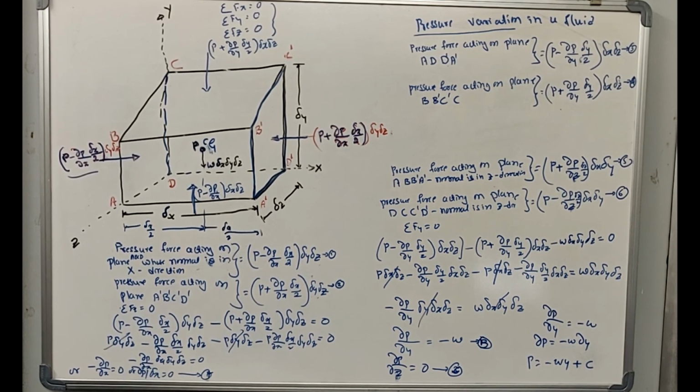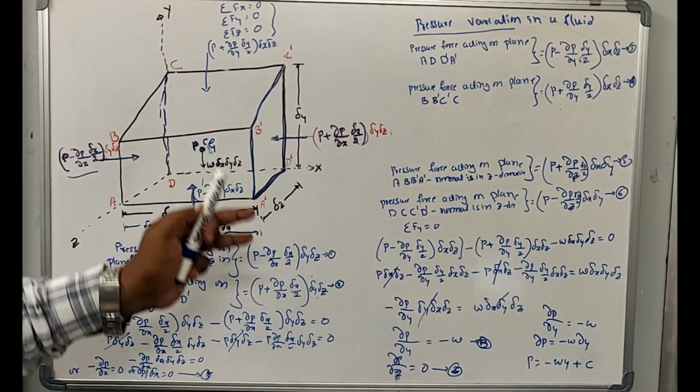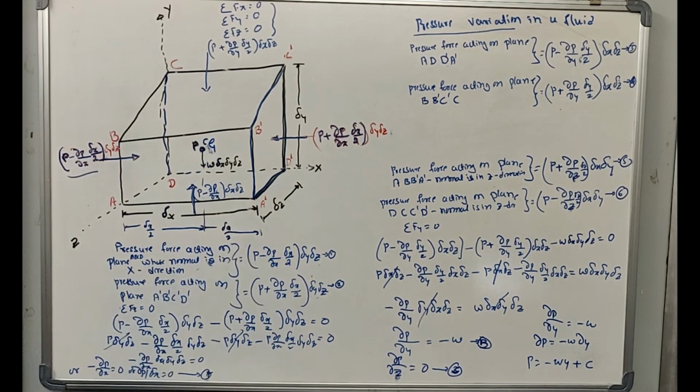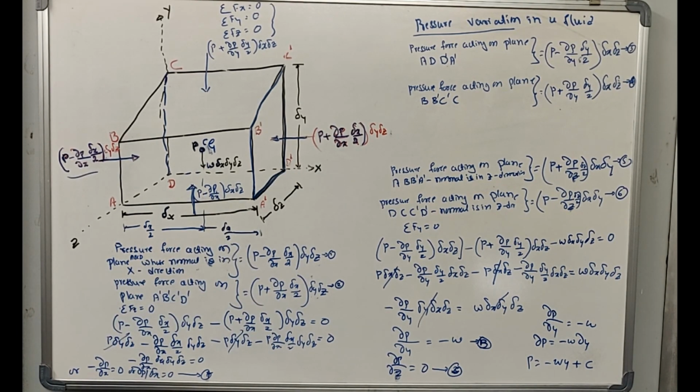Okay, thank you. Next class we will extend these studies further, and we will derive Pascal's equation. As you have studied in the second year PUC or in physics, Pascal's equation says that the pressure intensity will remain the same in all directions, that is Px equal to Py equal to Pz, and so on. Okay, that we will derive, then we will go on to how to measure the pressure.